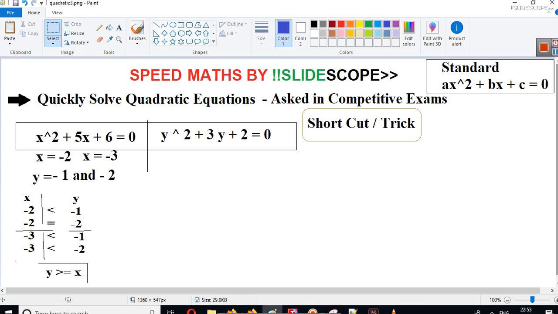very quickly. We will take the same example, this x square plus 5x plus 6 and y square plus 3y plus 2. You have to establish a relationship between x and y. We did that using the factor method in the previous part. Now we will try to get the same example with a trick, and then we will see some other examples